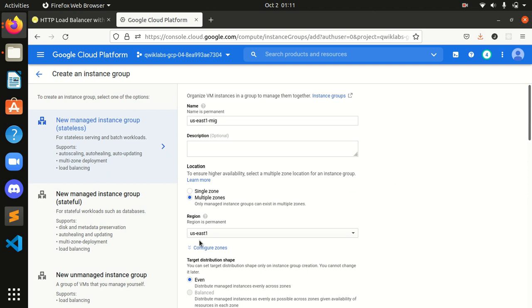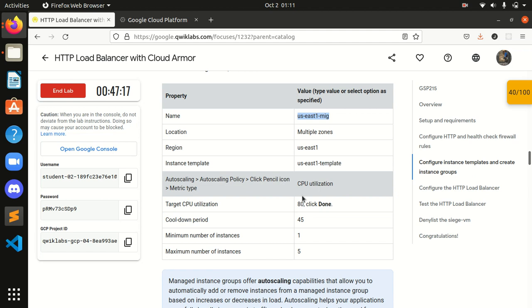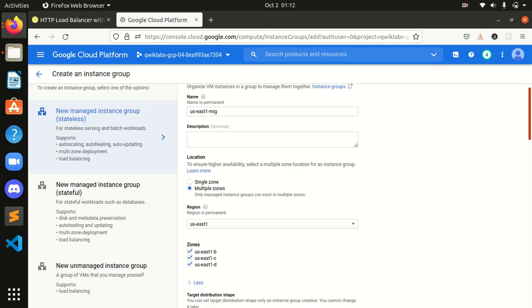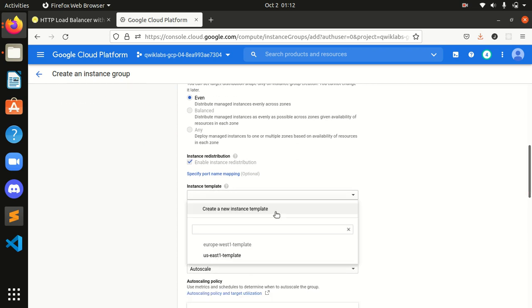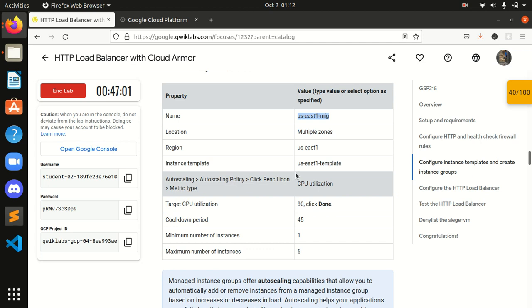Okay guys, configure zones and instance template. Region we chose US East, and the instance template is the US instance template. Okay guys, US East 1 template. Okay, from your US East 1 template, and after that autoscaling policy, click the pencil icon, metric type.